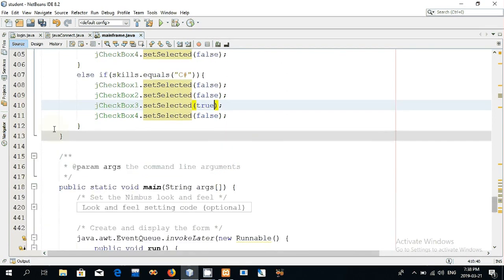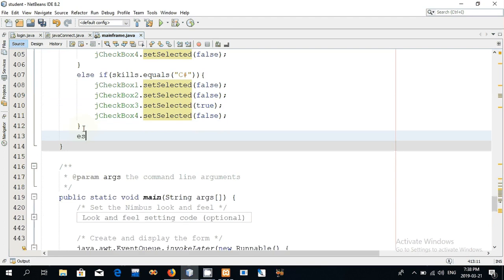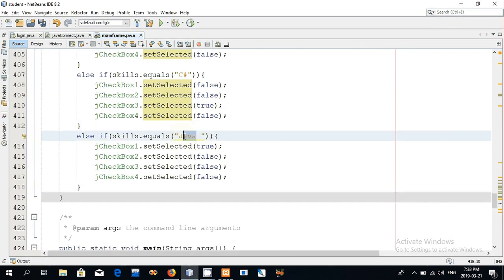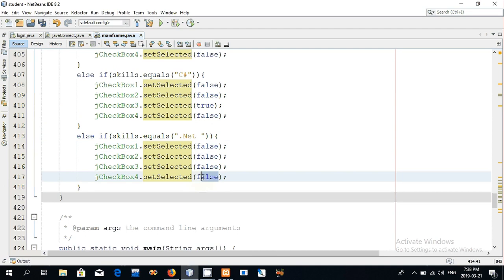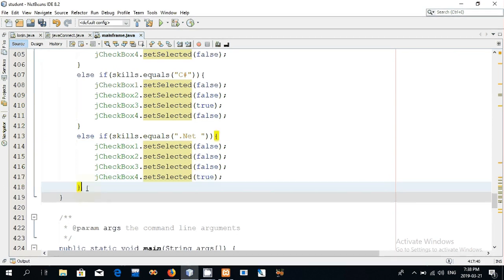Okay, then after that, again paste it, dot equals, that is dot net. Then all become false except J checkbox 4. Okay, make it true. And in the else,